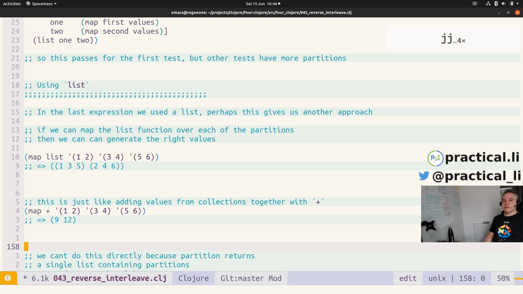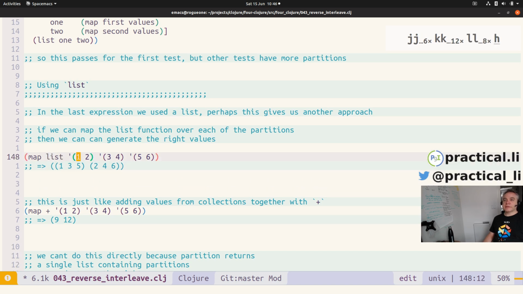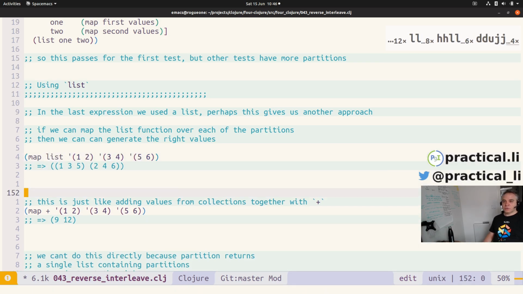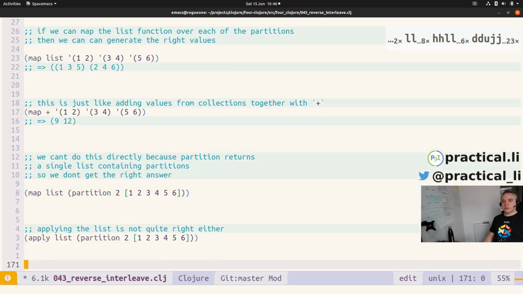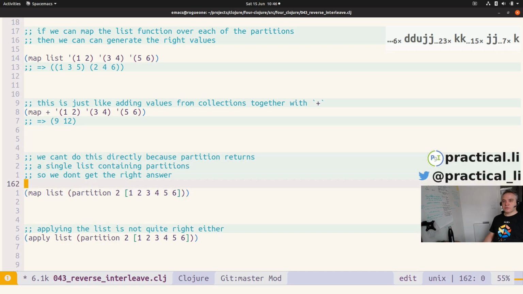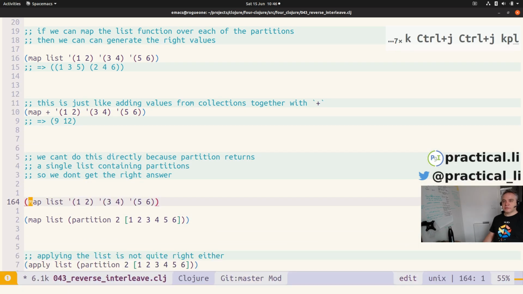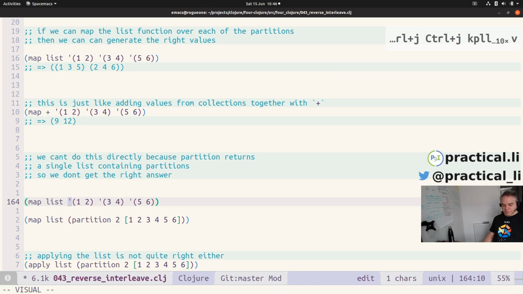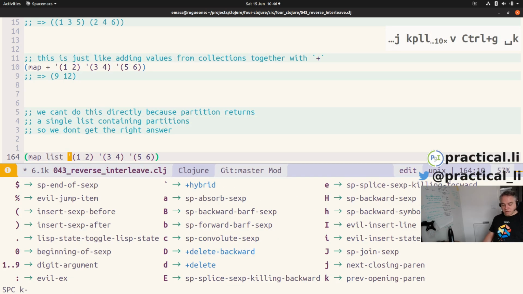So map is a very nice function, but what we are doing here is we notice that we're actually just passing it the individual collections. We're not passing it as a... So if we try to do list partition, we're actually passing it this. So we're actually going to wrap this in a list,